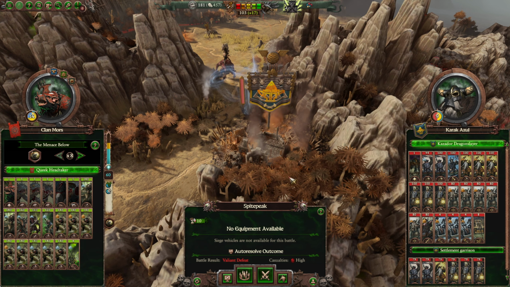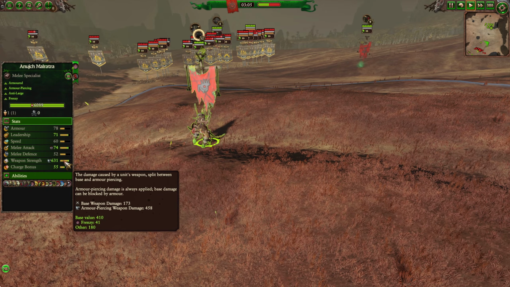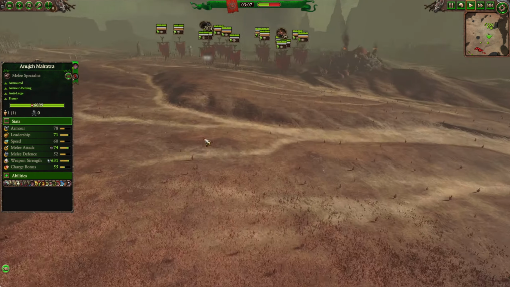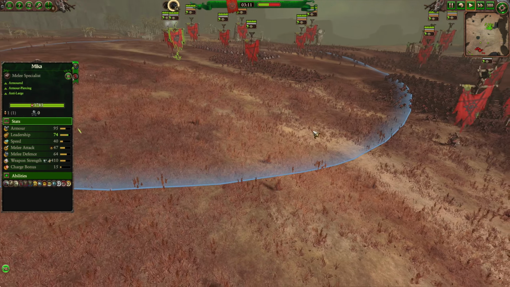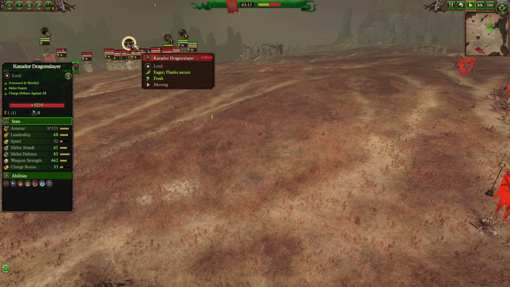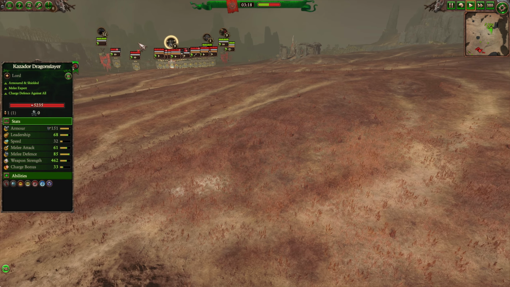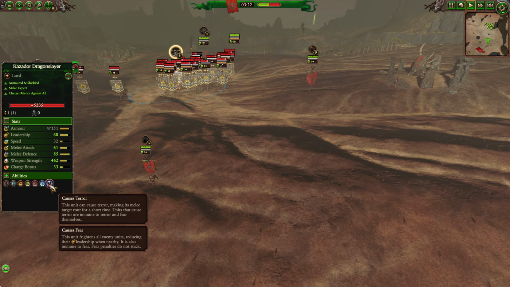But for us, Chieftain on the Bonebreaker, he's going to be pretty useful. He does Sunder Armor and pretty good offensive stats and damage. Queek and our other 2 chieftains are holding back. They're going to help support the front lines and deal with some of the characters once they come, because they are led by Khazador Dragonslayer, who's a pretty tough lord. He's 151 armor. He causes terror to...